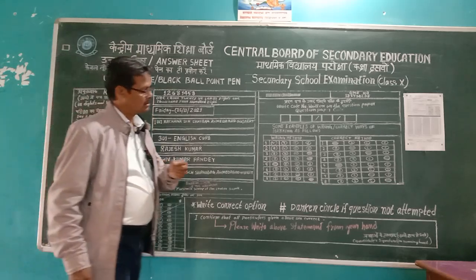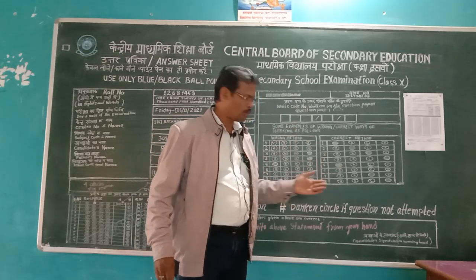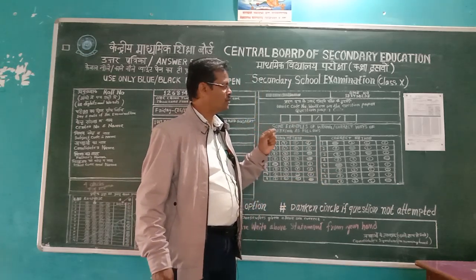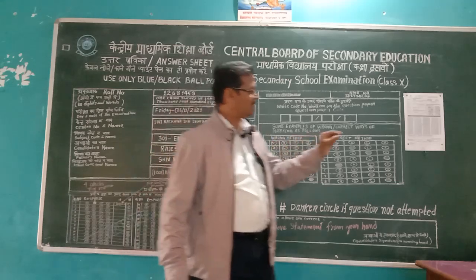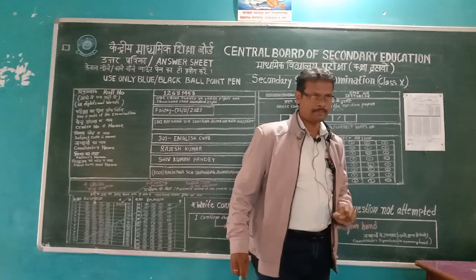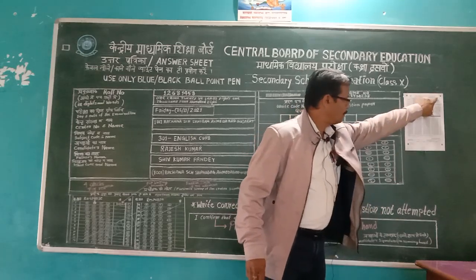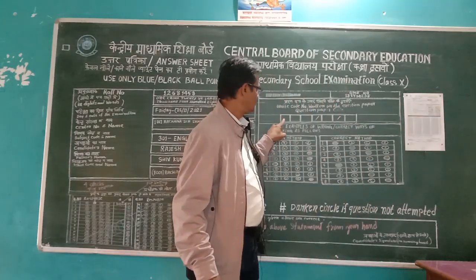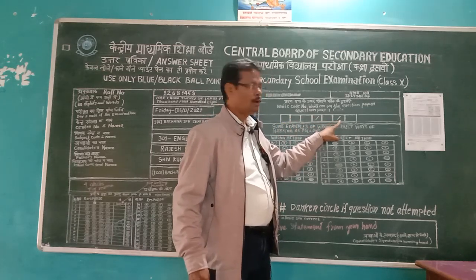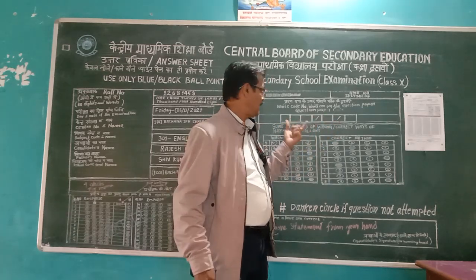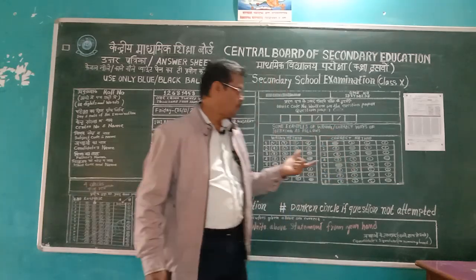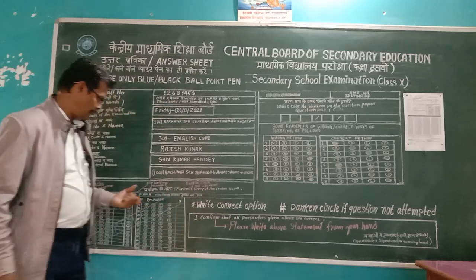one or two things. As soon as we get this OMR answer sheet and question paper, we have to find out the question paper code number, which will be given exactly at the top right side corner of the question paper. That question paper code number, we have to write in the boxes provided to us in the OMR answer sheet. We should see that we are writing the question paper code number correctly. Next, we have to come to fill up the answers.